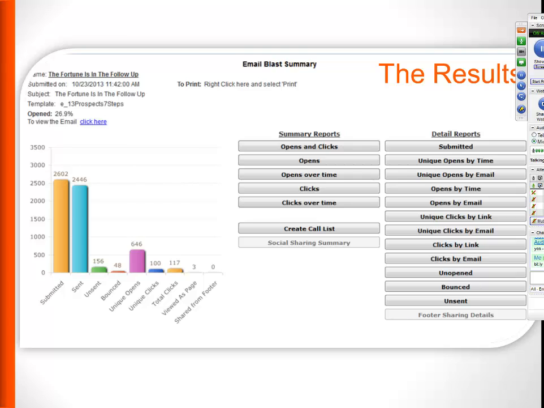Now, of course, with any campaign, if you're sending out an e-shot, you want to know what the results are. And this will give you an idea of what the Swiftpage results look like. I'm sure they are going to be comparable to other providers. You can see my open rate there was 26.9%, which in actual fact is quite good. We're looking at 18 to 19% normal open rates